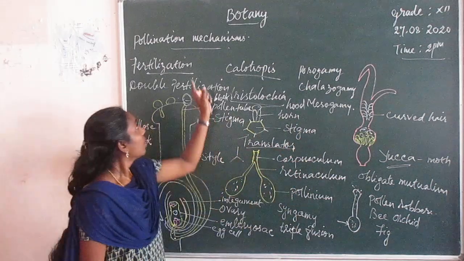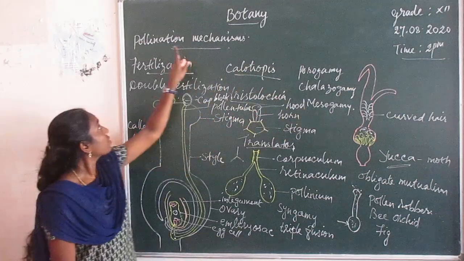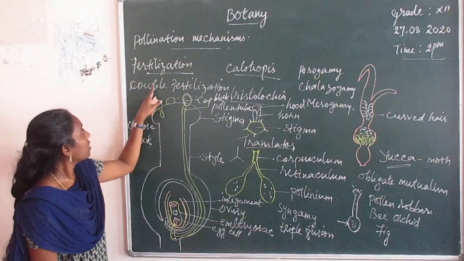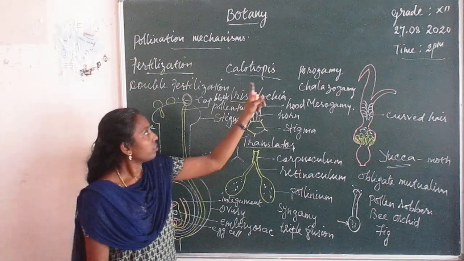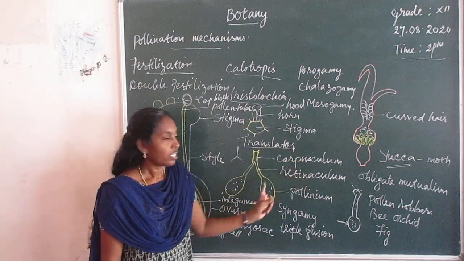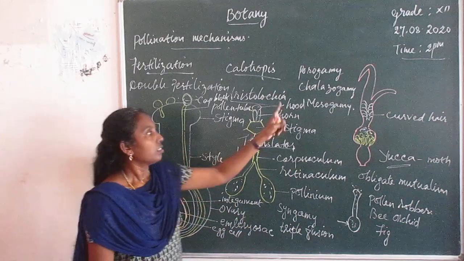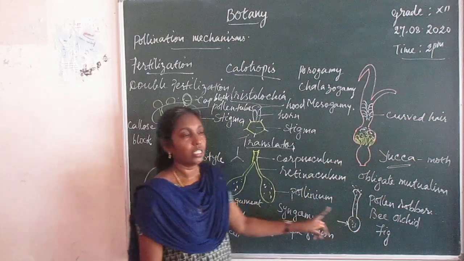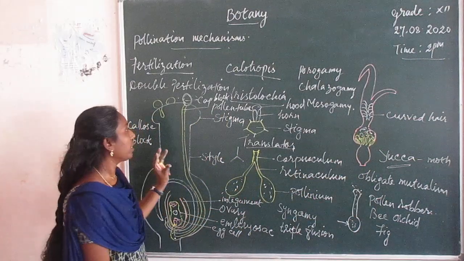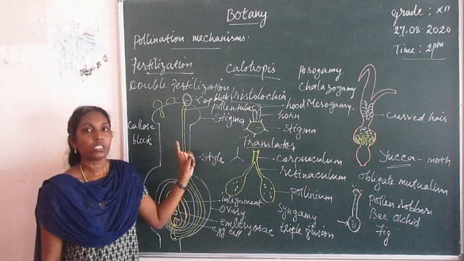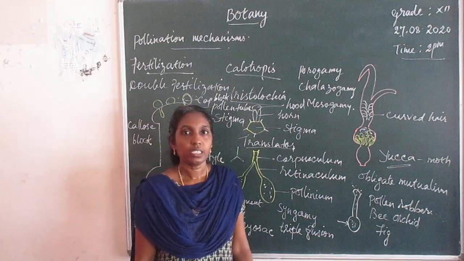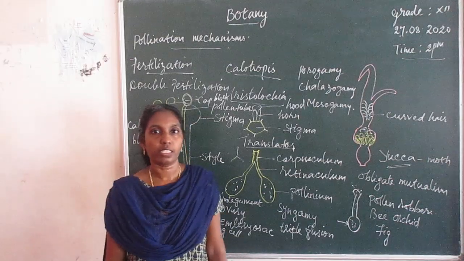So today, all these questions. First question: pollination mechanisms, which come under Calotropis and Aristolochia. Then the events of pollination, composite event of pollination, examples, and the main 5 mark question, the process of fertilization, including all the 2 mark questions. Complete it. The questions you will get through WhatsApp. Thank you.